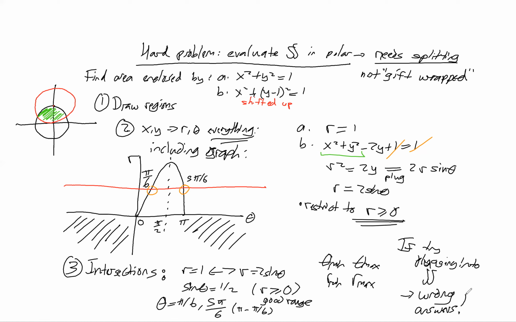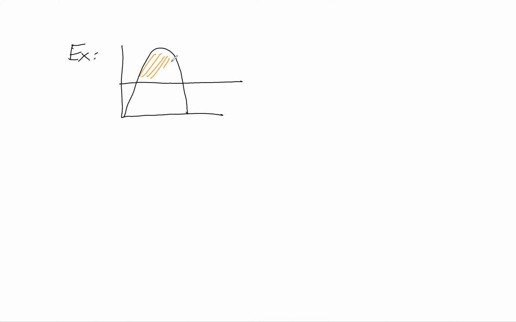And that's because it doesn't correspond to the right region. So for example, I'm just going to redraw it really quickly. So here's what we have. If I tried to integrate that,